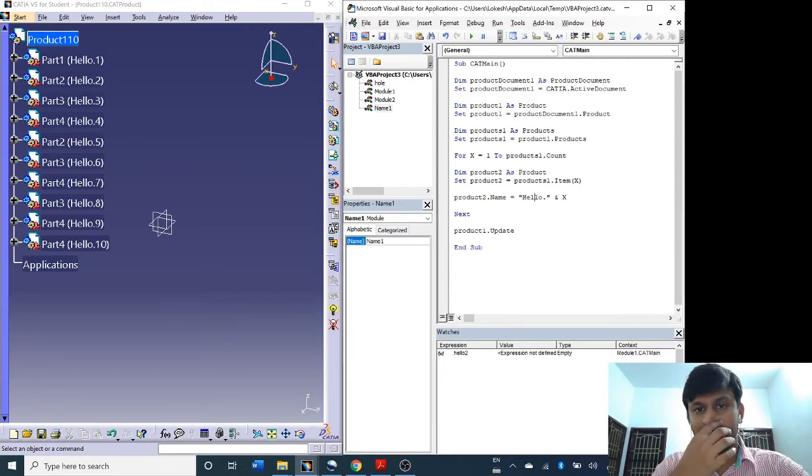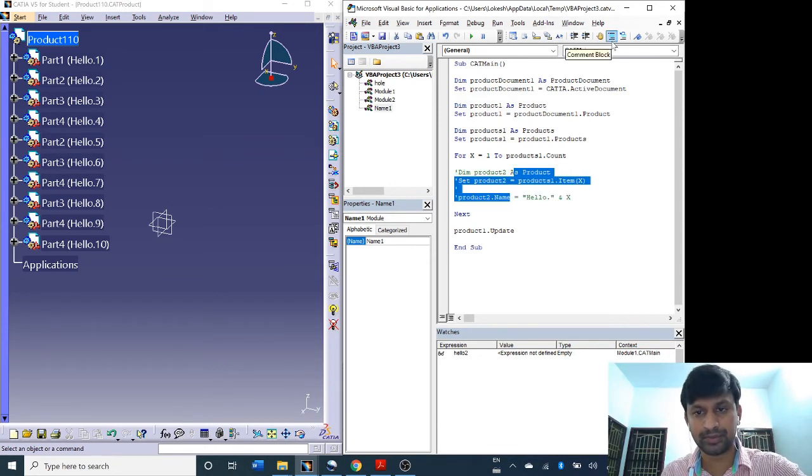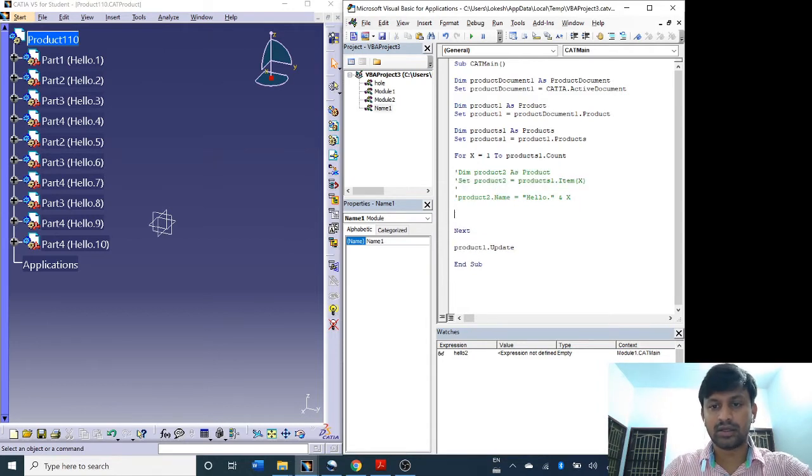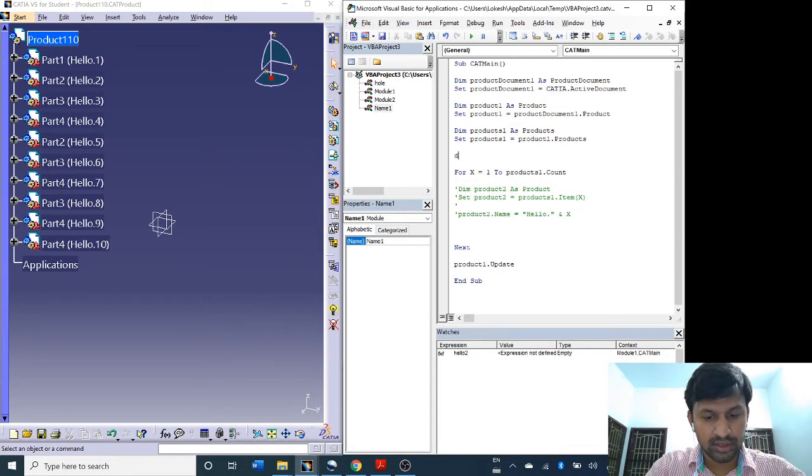Good. You may ask why I introduced the array concept and I'm not using it here, and I may start doing that now. For that, I need to store the part number first. So I'm going to store the part number. These codes I don't need right now, so I'm just going to change it to command mode, command line. Okay, I need to store the part number, so before that I have to define an array. So dim